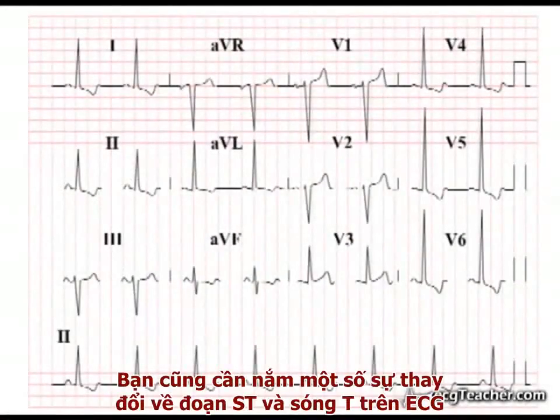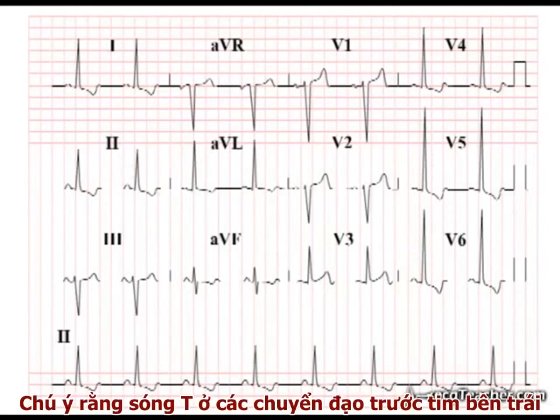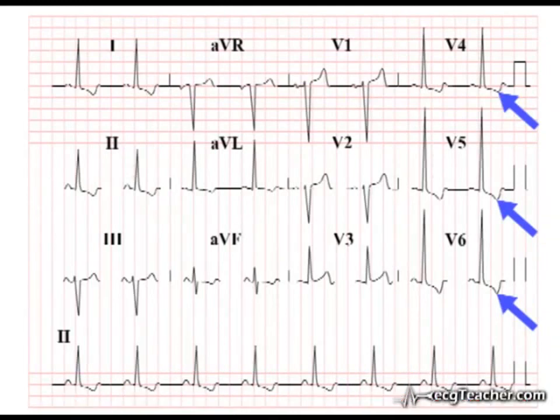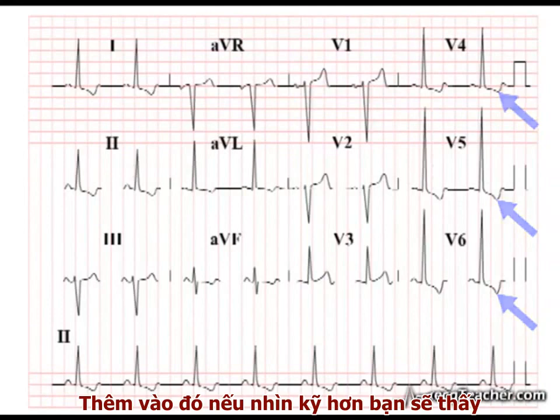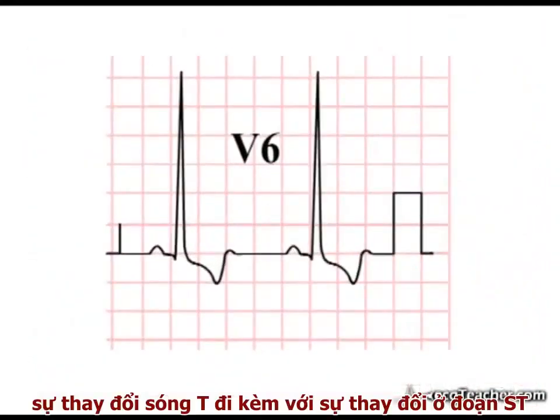Voltage criteria, you may also have picked out the striking changes in the ST segments and T waves present on this ECG. Notice how the T waves in the left-sided chest leads are inverted below the isoelectric line. Also, if you look closely, you can see that these T wave changes are accompanied by alterations to the ST